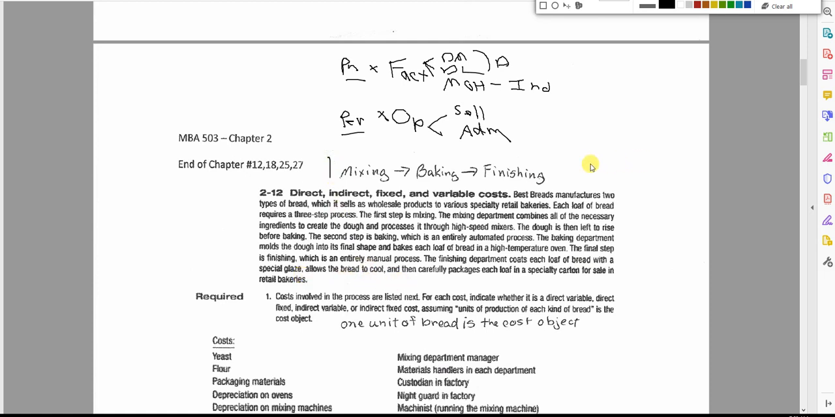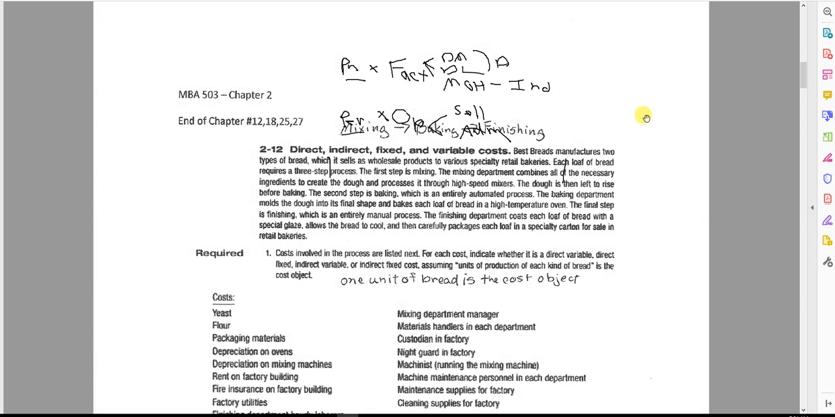So right here to here, that's in our factory. We mix it, we bake it, we finish it. Okay, so now we're going to go through each of these problems, and we're going to figure out